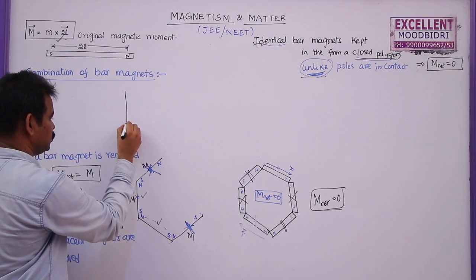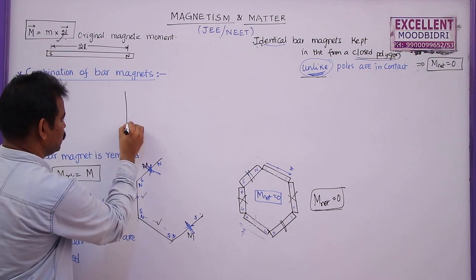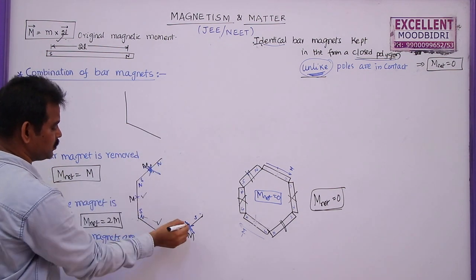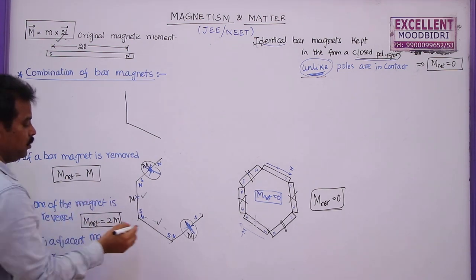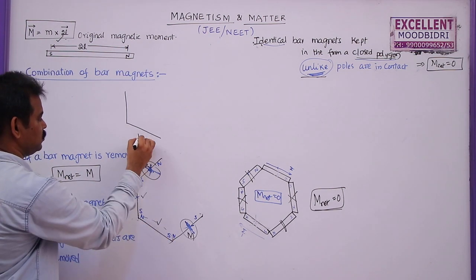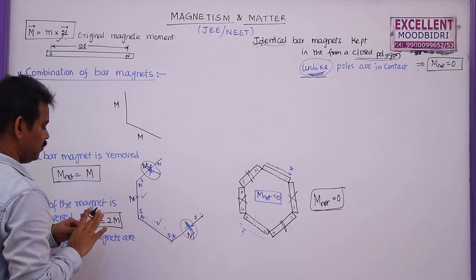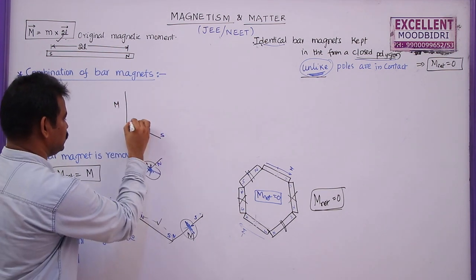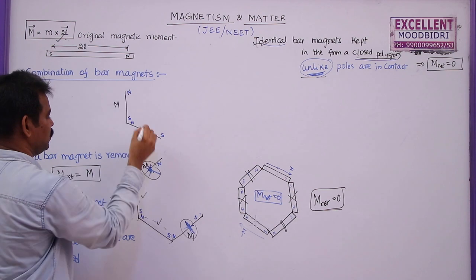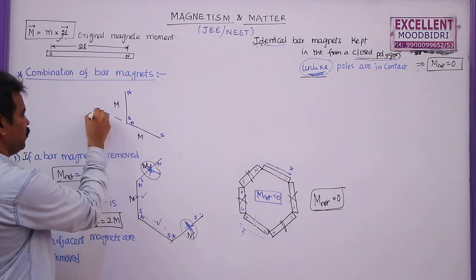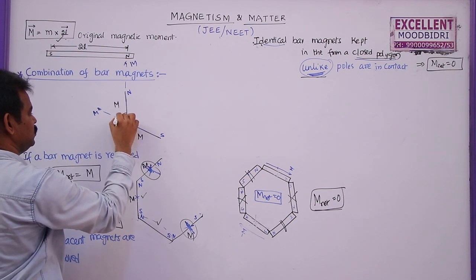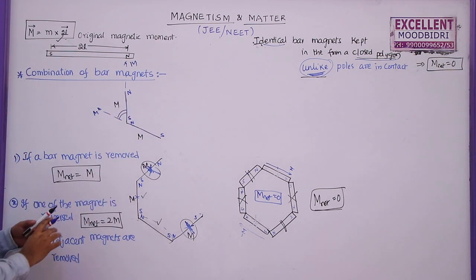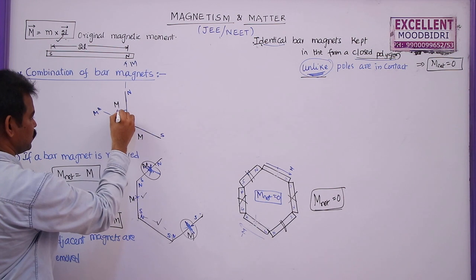So only two magnets are available whose magnetic moments are not acting in opposite directions. This is one magnet, this is the other magnet, only two, because these two have equal and opposite magnetic moments in this pair. So these two will be cancelled out. This is M, this is M, but they are placed such that this is S N, this is S N. So this magnet has magnetic moment in this direction, this magnet has magnetic moment in this direction. So this is the angle between the two magnetic moments. We know that this is 120, so this will become 60.